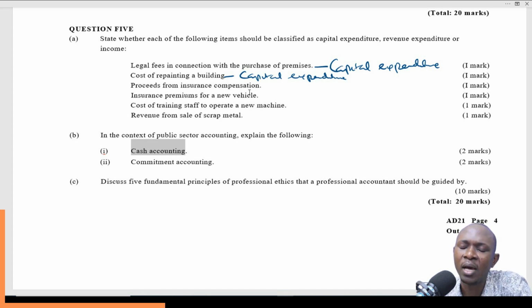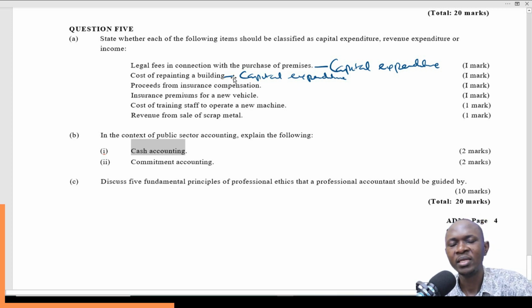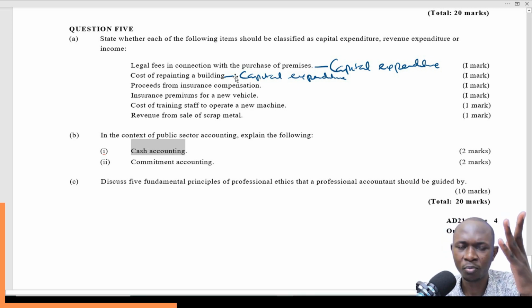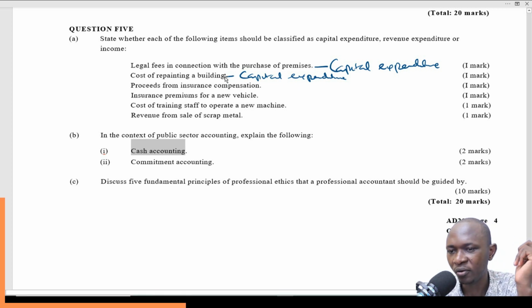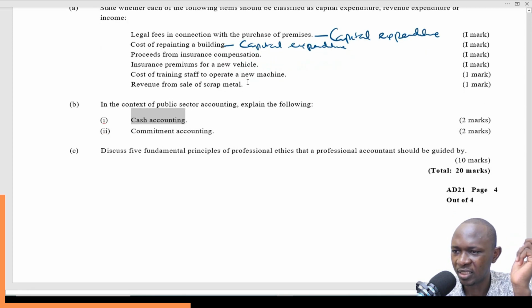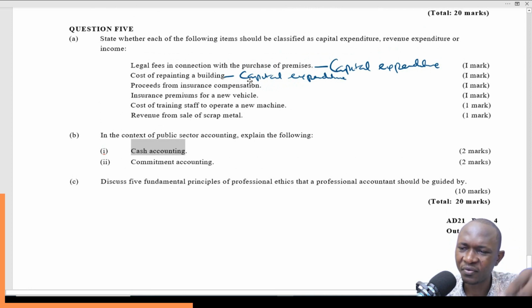Unless it's something that we have to do every now and then, which I really don't think is the case when we talk about repainting a building. Something that you do once and then it stays for a considerably long period of time, and it's that repainting that will basically put that building into use for quite a longer period of time. So cost of repainting a building, I will say it is a capital expenditure, unless it is done frequently to the point that we can make it an operating kind of expenditure.